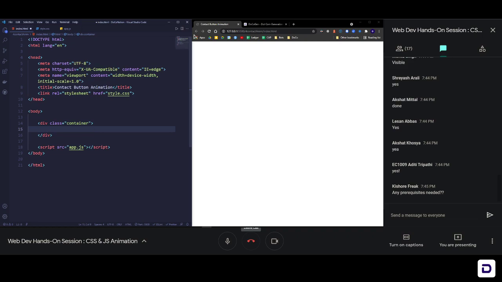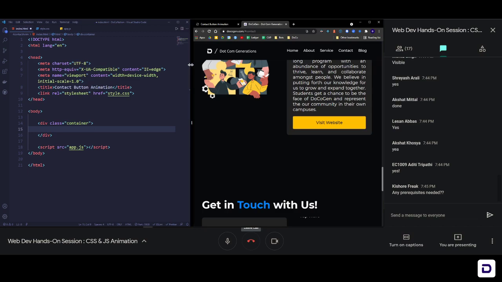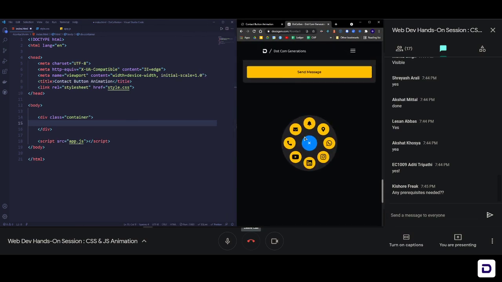We just saw that we have this gray thing, and we are going to make it so that this gray background holds all of these contact icons and the toggler as well.